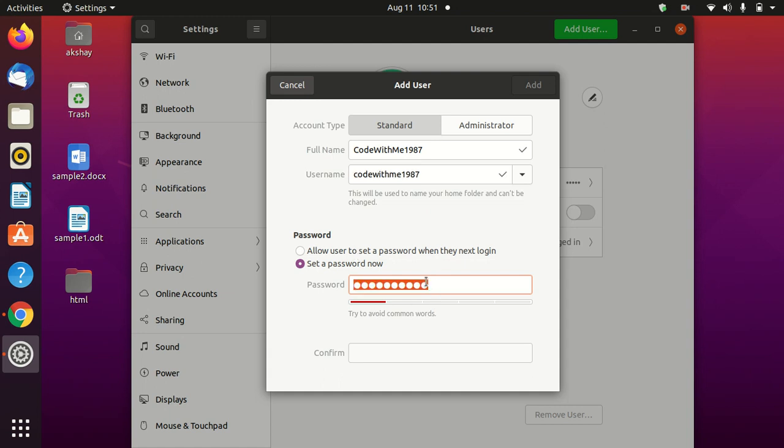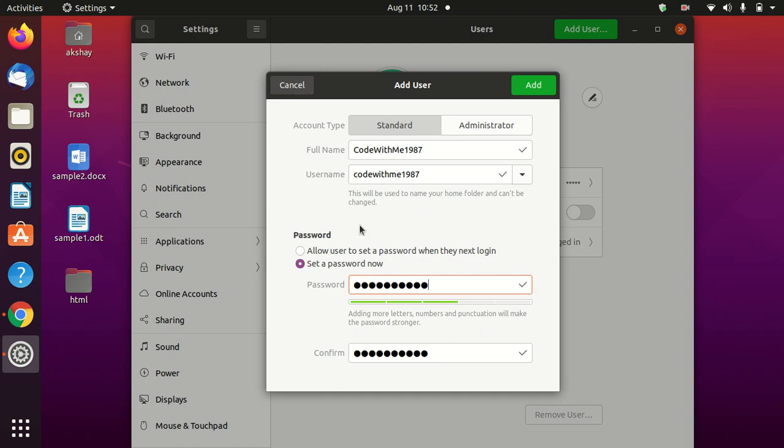So let me give you a proper valid password, and once I give a password which satisfies the condition, you can see the confirm password both getting marked, and you can see the tick mark here, and you can see the complexity of the password. So if you want to make it strong, you can add a few more extra words, such as some special characters, some combination of numbers, alphabets, uppercase, lowercase. So this will make your password strong, and try to give it as a unique type.